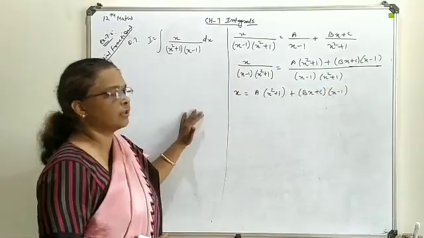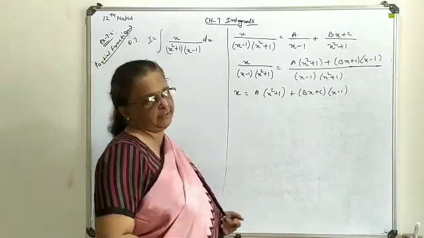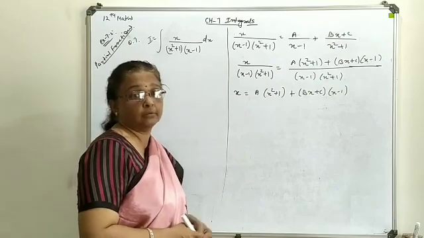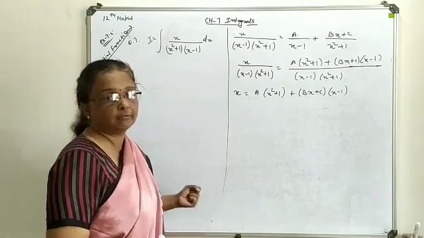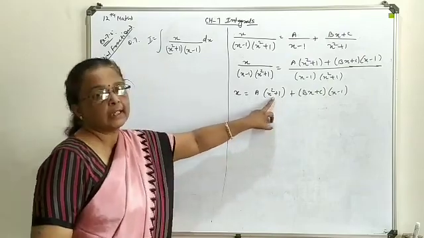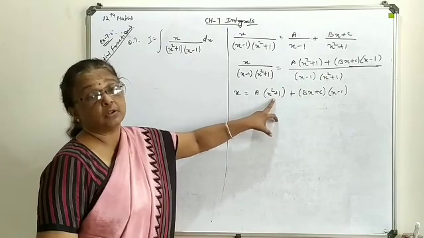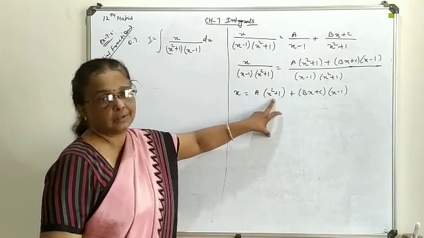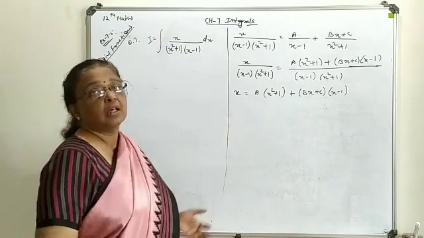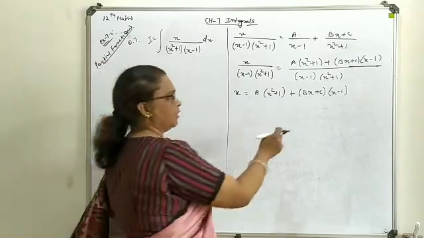So this is the equation we have for evaluation of the constants. Now here you can see only one factor will give you an idea about the evaluation of any of the constants, that is x minus 1. If you write x square plus 1 as 0, it means x square is equal to minus 1. So x will give you an imaginary solution that is not possible in real practice. So in that case we will implement some other method. So let's start with the basic one.